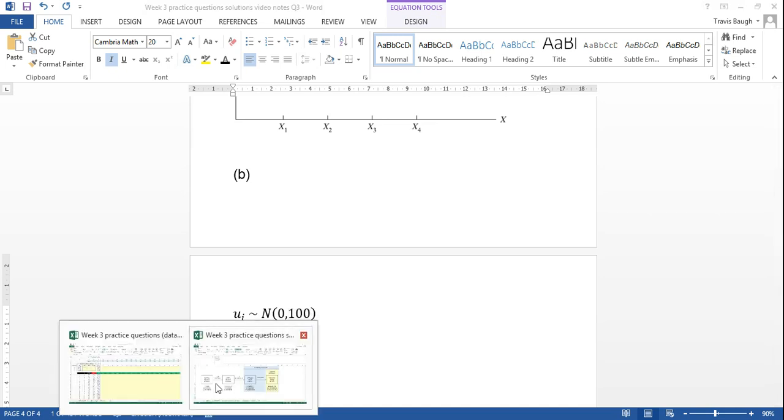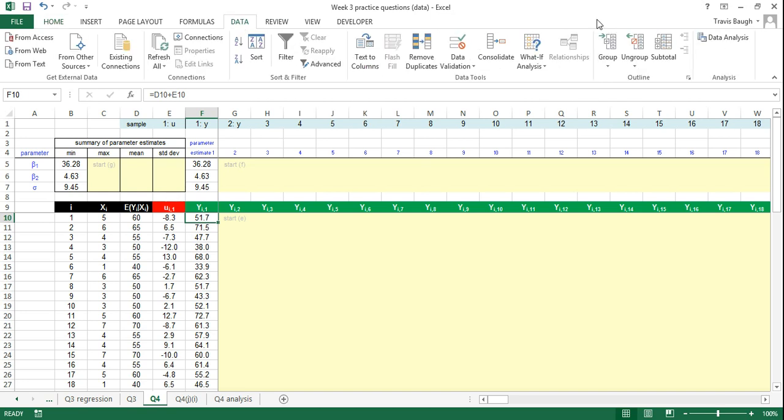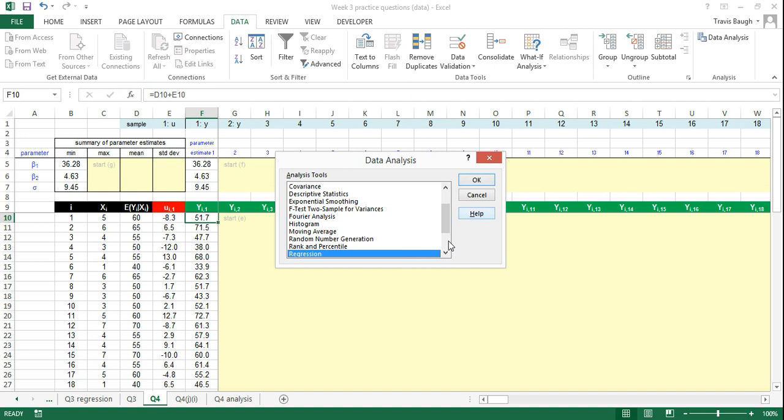Part D, oh good, that value of y has popped back now. Part D says, use the data analysis tool to randomly generate 99 more samples of 50 random values from the same normal distribution and get them to be output from cell DB10 and beyond. So to generate some random numbers, we're going to go data, data analysis, random number generation,